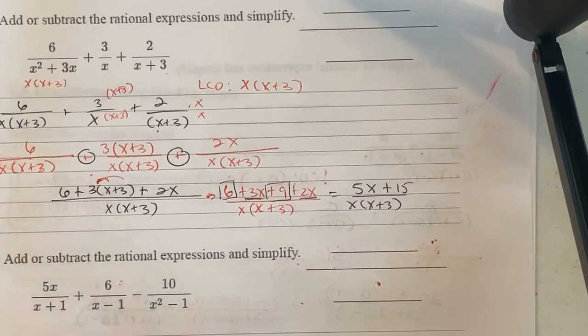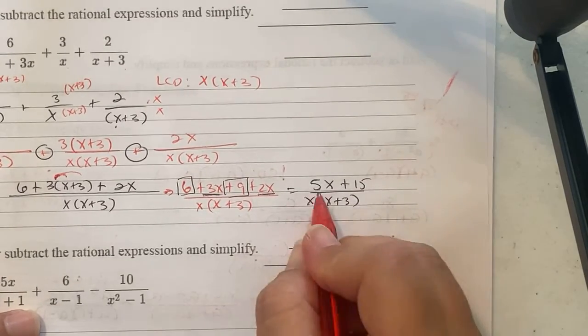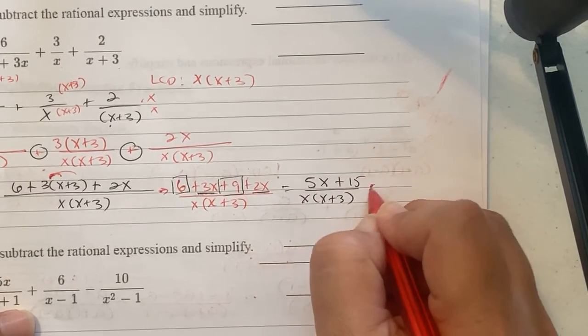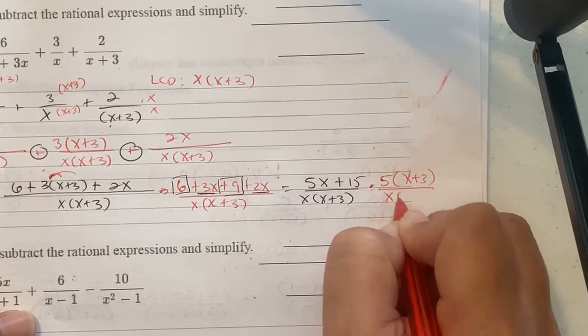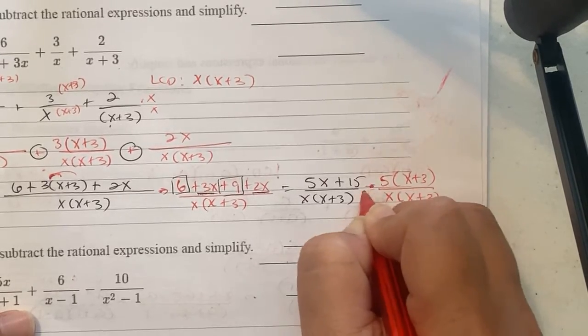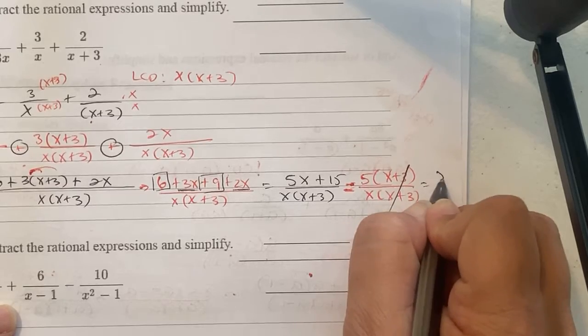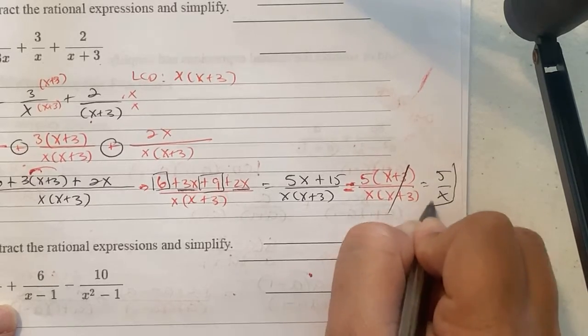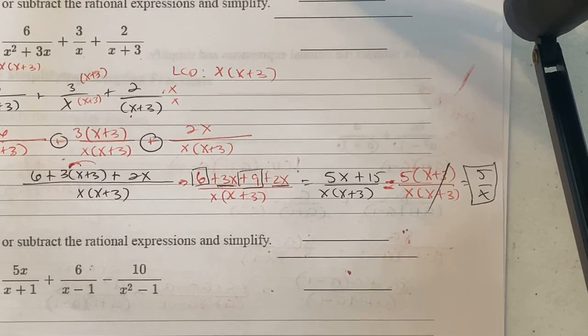Now here's where you make sure that you can factor it out if you can reduce. So the top line, they're both multiples of 5. So 5 times x plus 3 is what it factors out to be. And we have x times x plus 3. Well, in doing so, x plus 3 and x plus 3 cancel out, leaving you with only 5 over x as your final answer. Last example